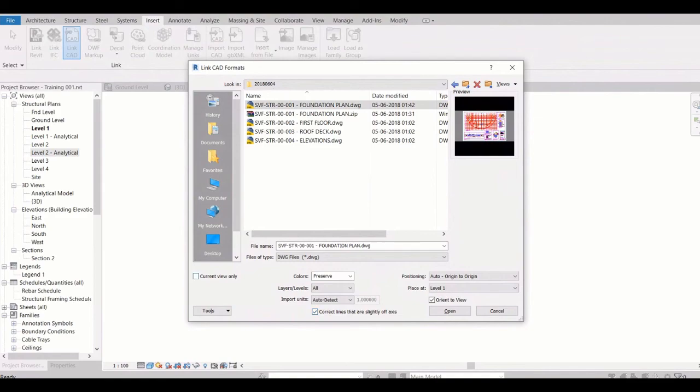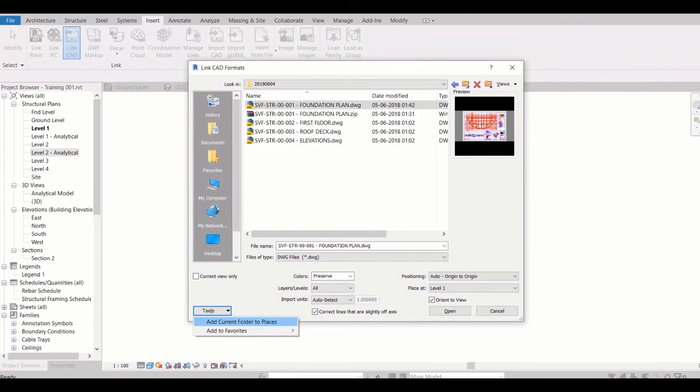This is current view only. If you want to import this file only on this view, then you can click this, right? Otherwise, if you say current view only, you cannot see that imported CAD file on another view. So it's better to uncheck it. But if you have a specific purpose, then you can click it.